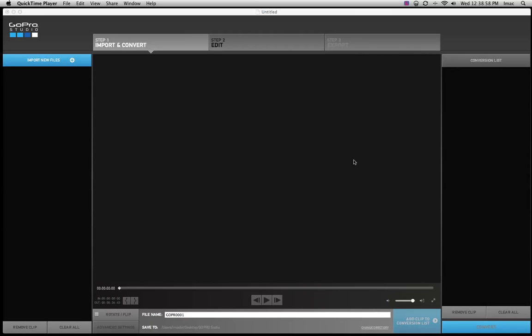New version of GoPro Studio 2. It's a new editing software suite that GoPro came out with to help people create some new movies, and it also includes some pretty cool templates I'm sure you've seen on their GoPro commercials. So we're going to go through some basic steps to get you started with the program and some things that